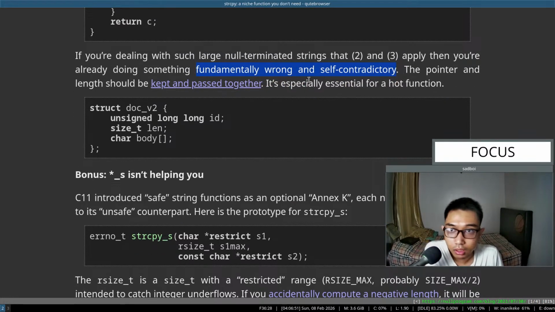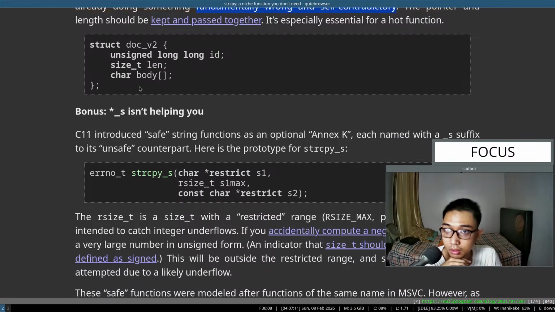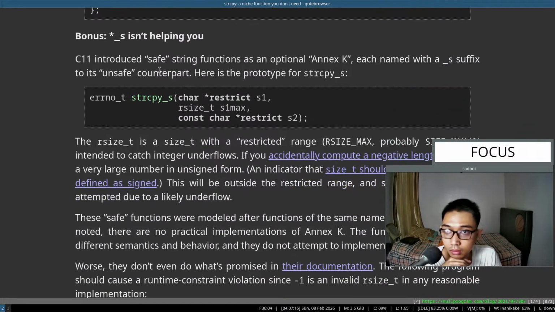The pointer and length should be kept and passed together. It's especially essential for a hot function. And length should be kept and passed together. Say string optional